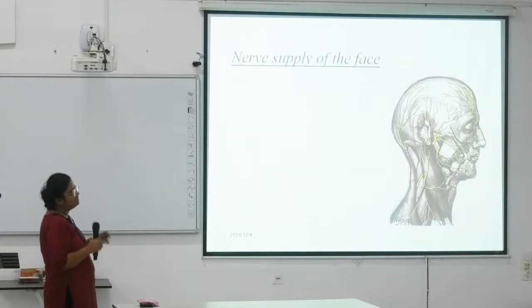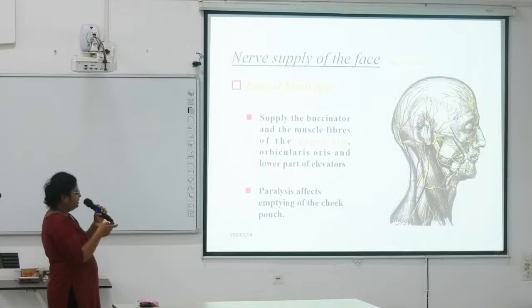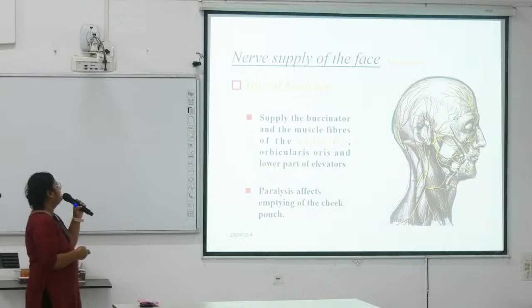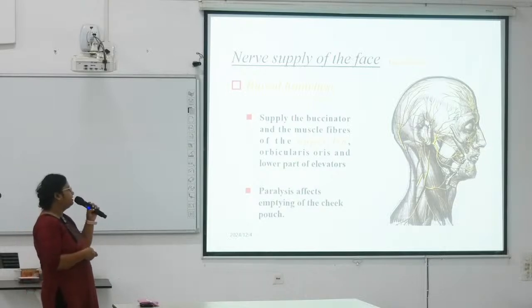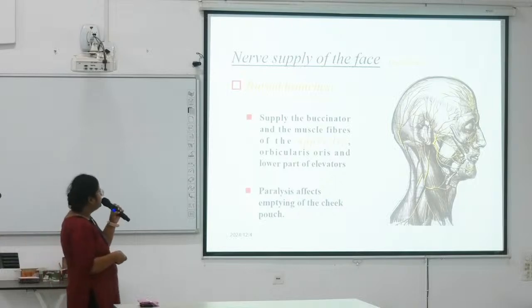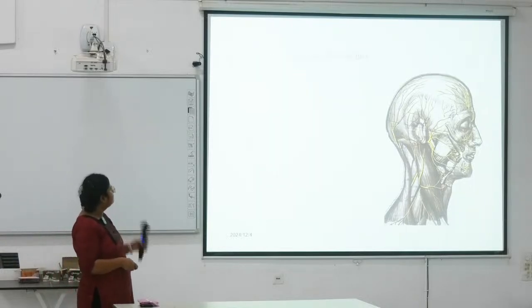Next is the buccal branches. Buccal branches supply the buccinator and the muscle fibers of the upper lip, orbicularis oris, and the lower part of the elevator muscles. Paralysis affects the emptying of the cheek pouch. Okay, this buccinator muscle helps in emptying of the cheek pouch, that means emptying of the vestibule of the mouth. So in case of paralysis of this branch, there will be loss of emptying of the cheek pouch. Okay, next